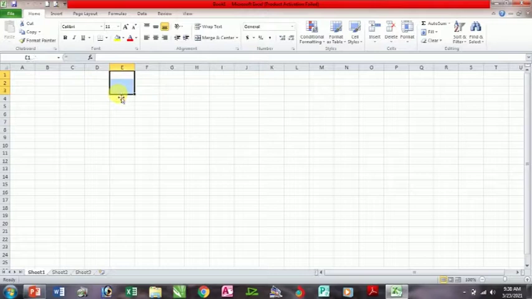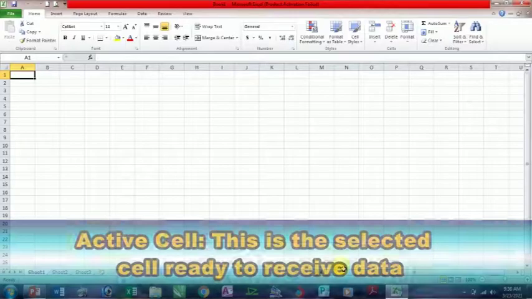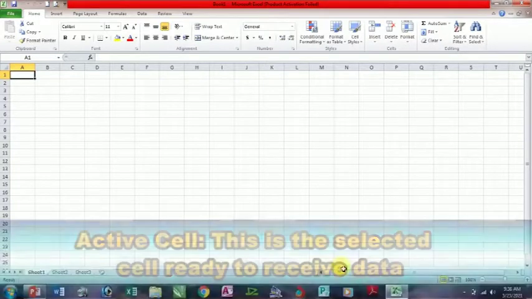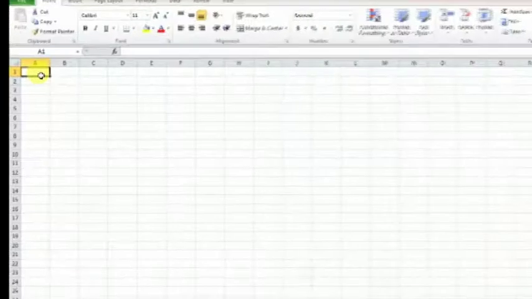That is a cell. Then when we talk of an active cell, it refers to the selected cell ready to receive data. It is the cell which has a border around it and it is ready to receive data.